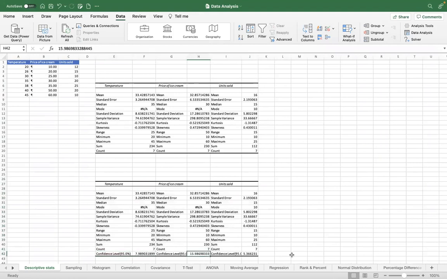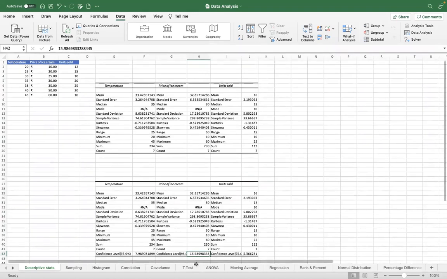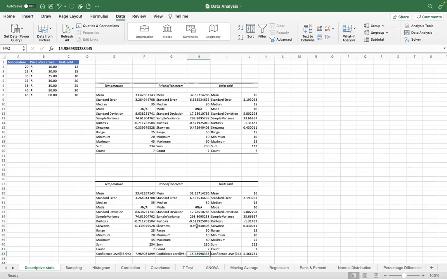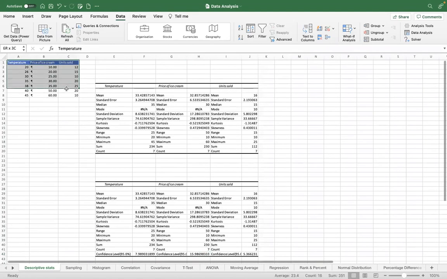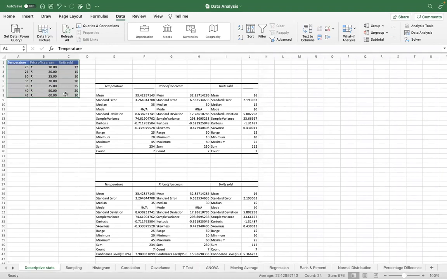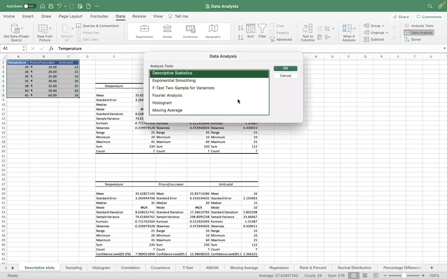It just gives you the confidence level from the 95th percentile, which data starts from there. That's all. But this is the same information that you get when you put this data in your Python Jupyter notebook or whatever notebook IDE you're using. You put it in a data frame, suppose df, and when you write df.describe, the same information comes up, and this is the same information that you can get from the data analysis tool pack